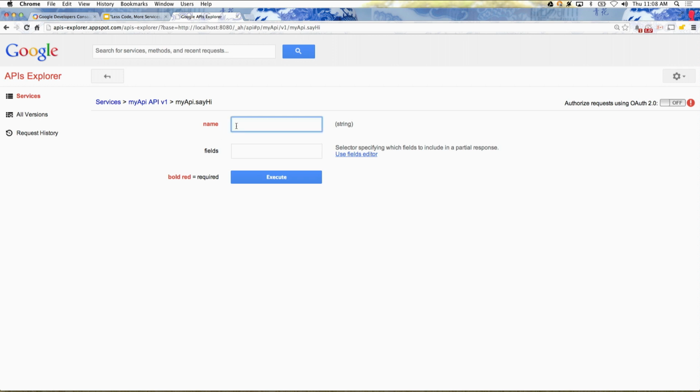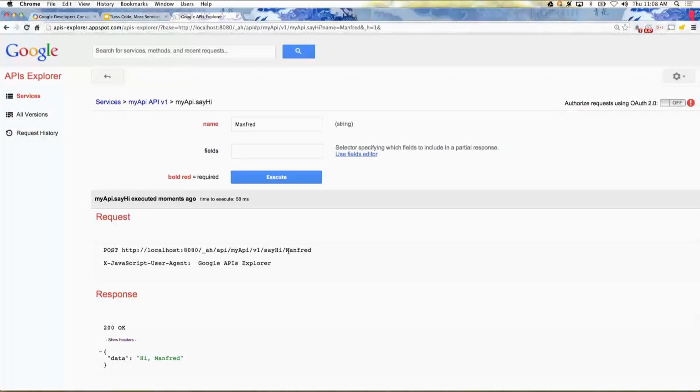And let's enter Manfred's name here and execute. So the server is going to return hi Manfred. But if you look at the bottom half of the screen, you can see the exact request which was sent to the server and the exact response the server sent back. And you can see how it was structured, which is really important if you need to debug something in your server. So let's see if we can actually have a demo here,